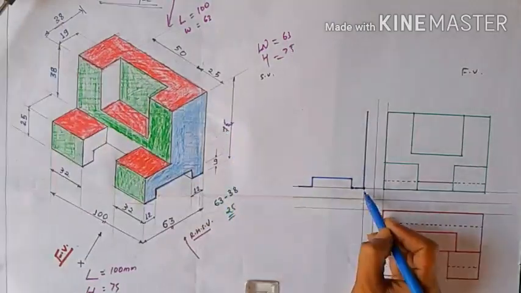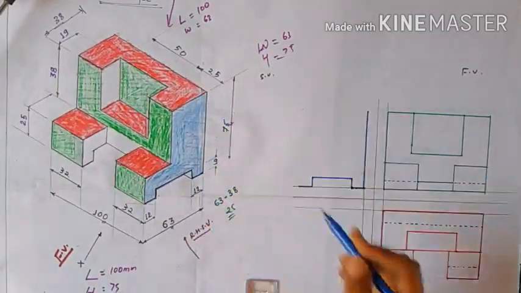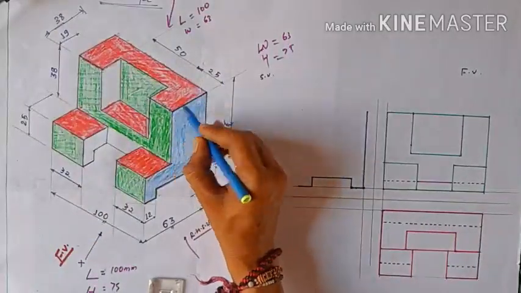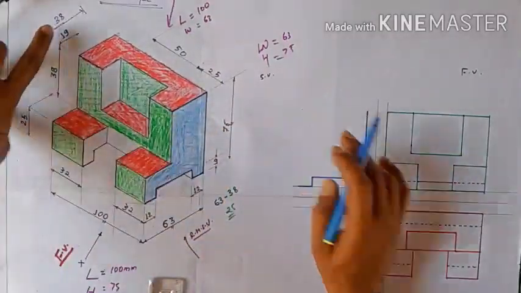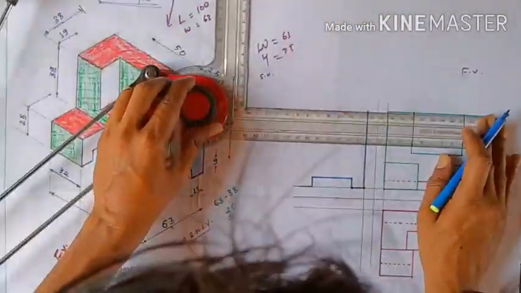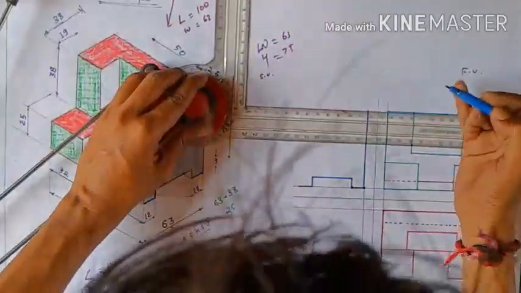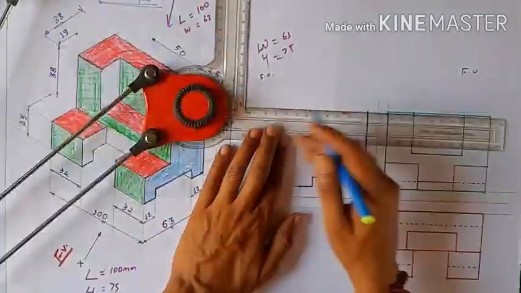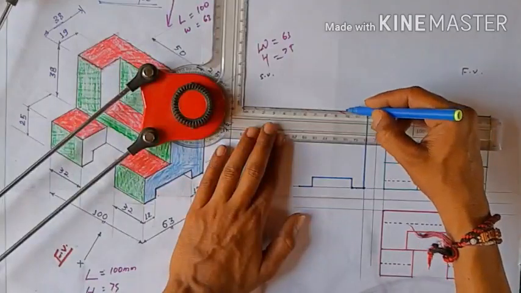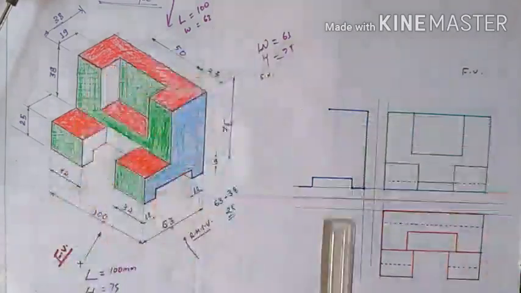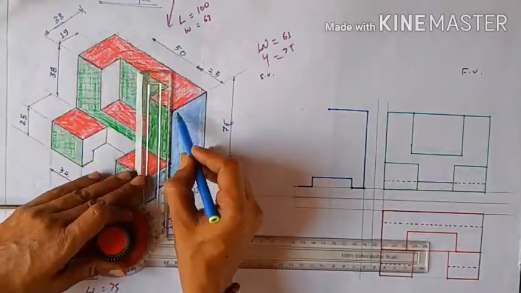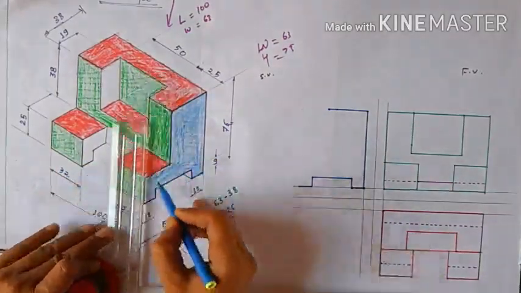Now we have already drawn this, and now we move from here to the left side, 38 mm. Draw the line of 38 mm to the back side. Start here, this is your 12, so 10, 20, 30, and this is your 38. Now again we complete here. Now this line is drawn below it and joined from here.